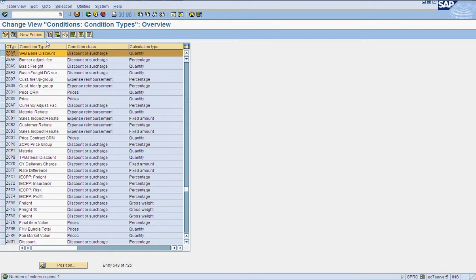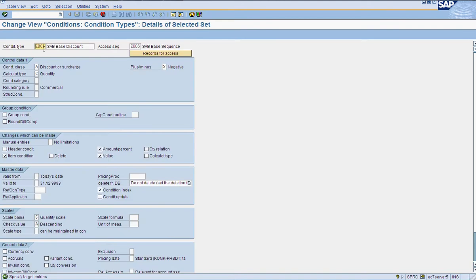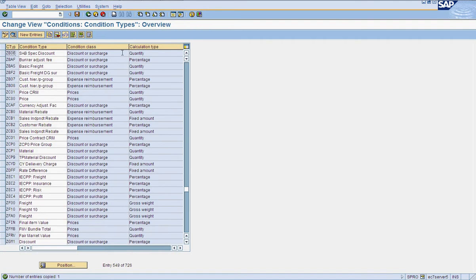I will just use this one, create new 6 special discount. And we will be changing the access sequence to special access sequence. Yep.